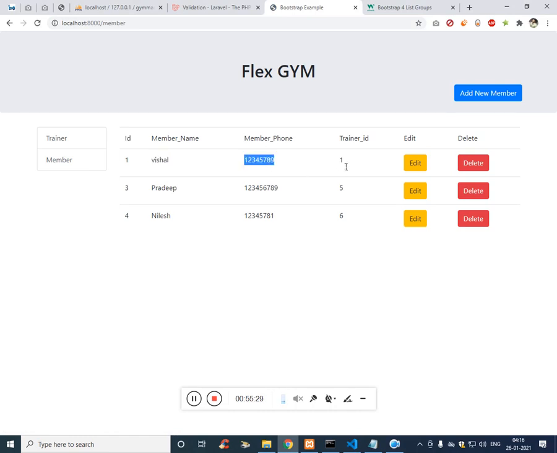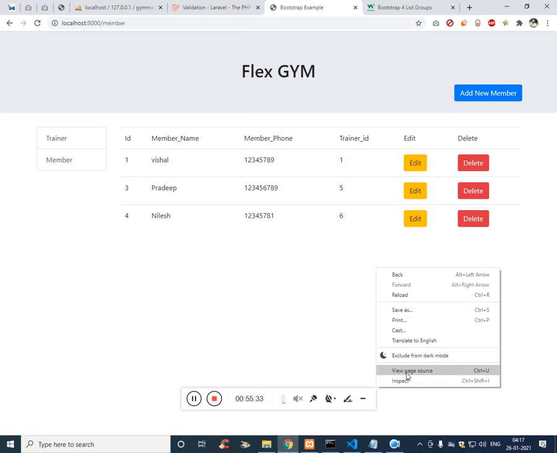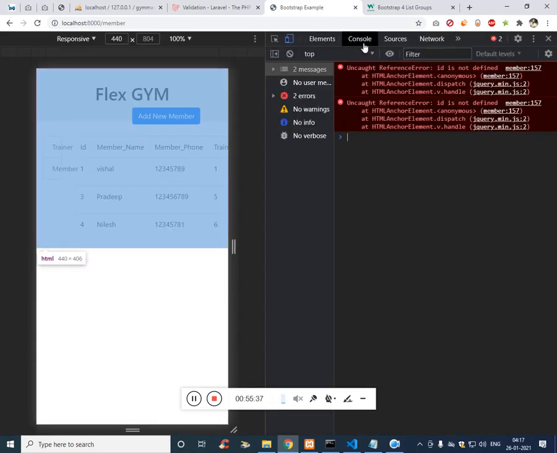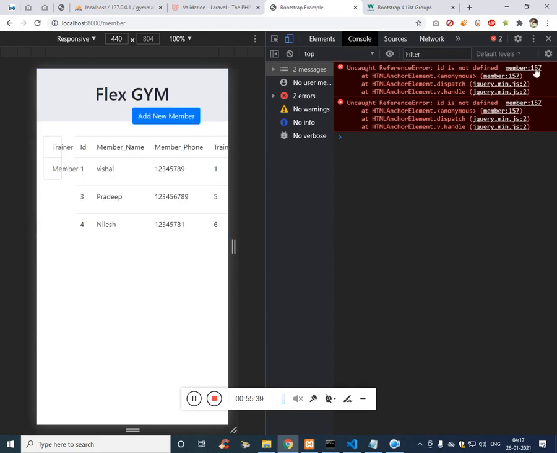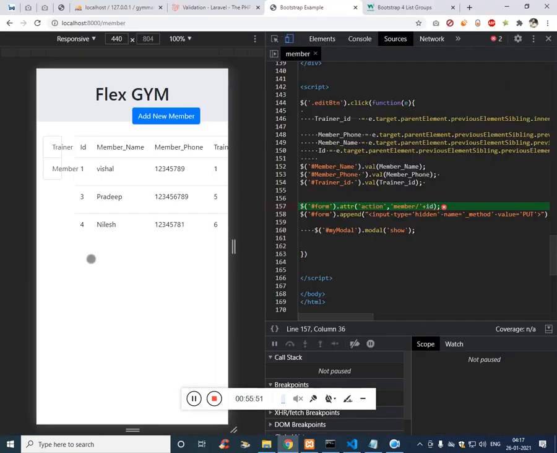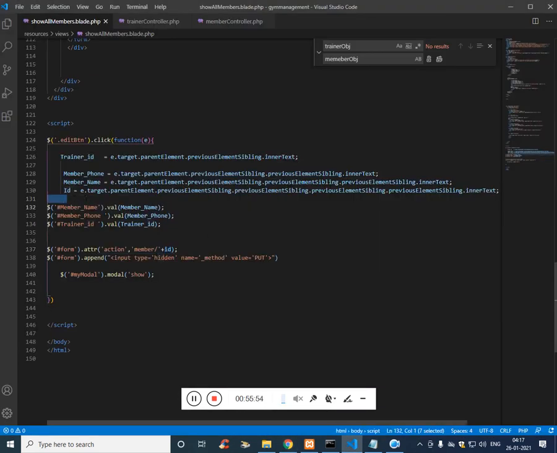Vishal, phone number, trainer ID 1. There is an error. Click on inspect, check the console. On line number 157, ID.